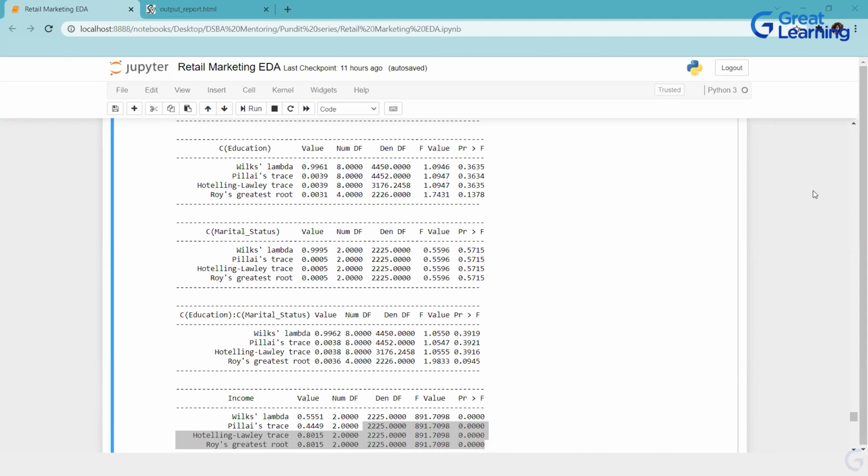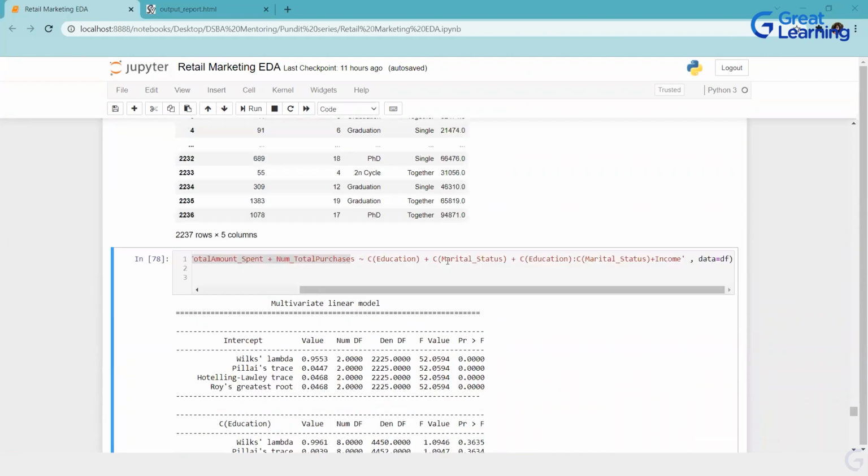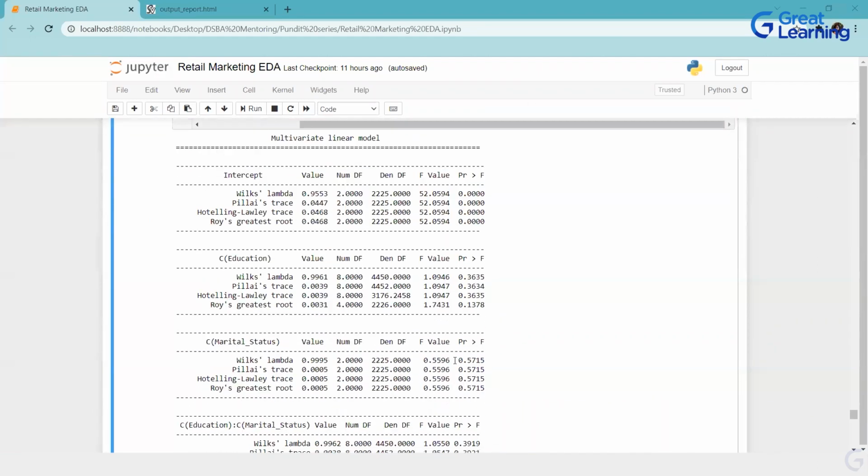Do you have any plot for MANOVA? No, I have not done any plotting for MANOVA over here. Why do the one-way ANOVA and MANOVA results differ from the results of the two-way ANOVA and MANOVA table? It is due to interaction. Yes, it is due to interaction, as well as you have type 1, type 2, type 3. It is not your one-way, two-way and all that. Even if you change the sequencing, your values will change in this, because that depends on what it is trying to consider first. That single value, or it is taking the interaction first, or it is not considering the interaction.